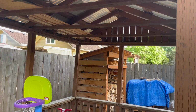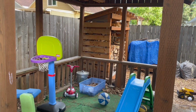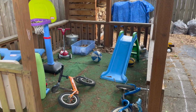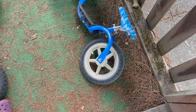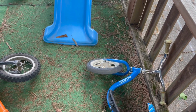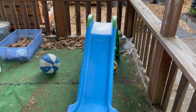Here is the gazebo and what it looked like. It had become a storage spot for all kinds of different kids' things. And so 2 things I really wasn't happy about. One was all the stuff that had just been tossed in there. And then the other thing I really did not like is this green turf stuff on the floor of the